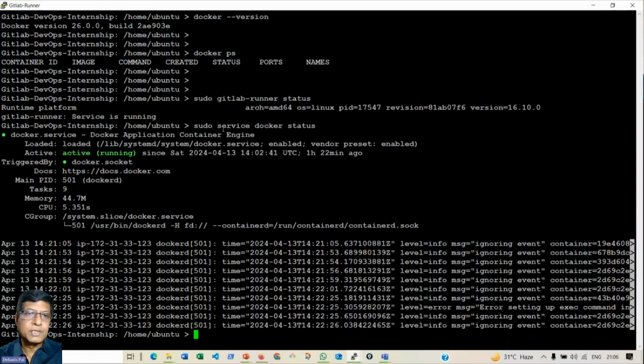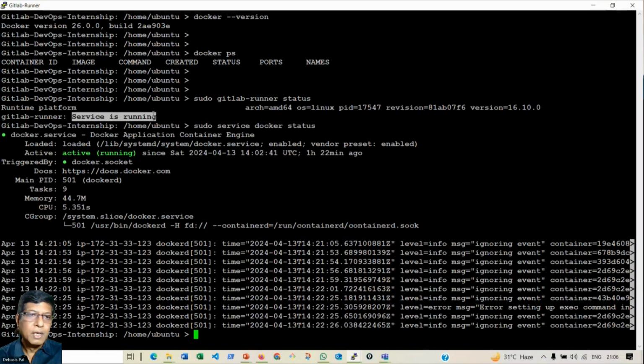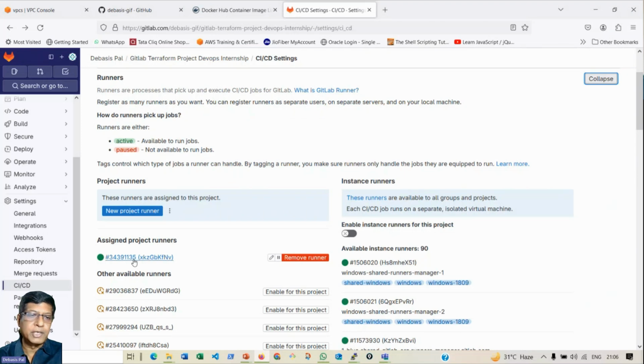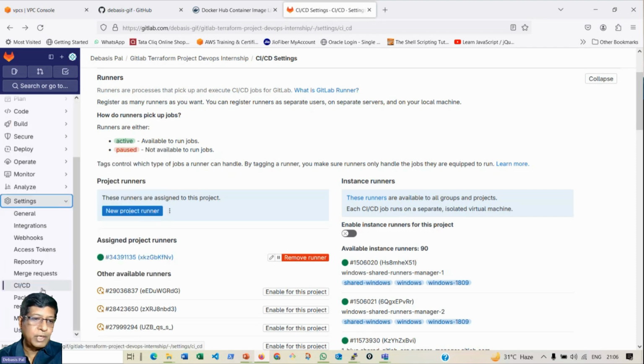And you see, this was the status of the runner. The runner is running, the service is running. And that has been associated or registered with our project. So this is assigned to our project. This is our self-managed runner. Now I'm coming to all the, okay. One more thing that I need to do is,